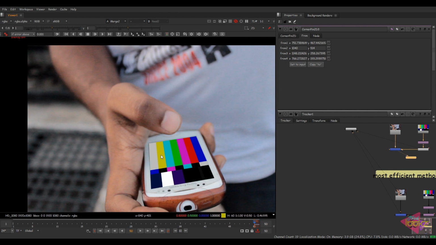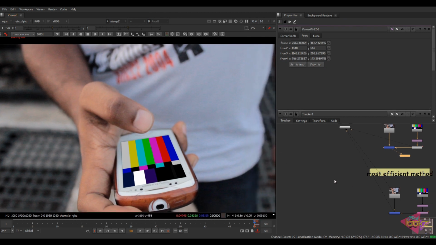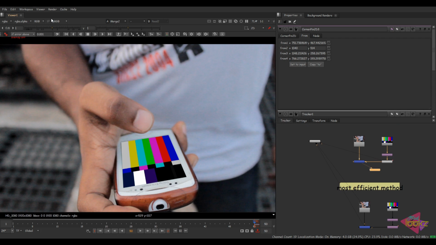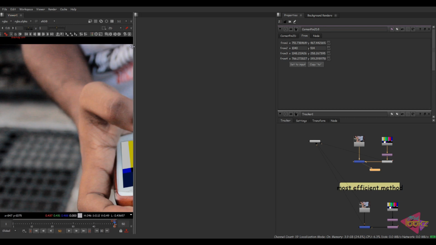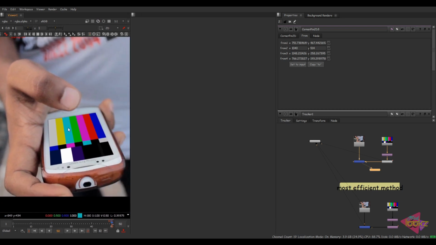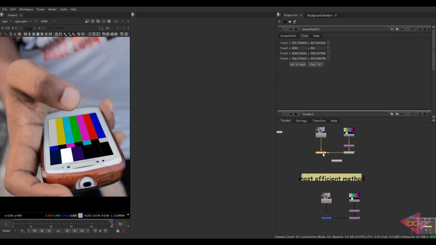Now we have the maximum larger viewer. I'm going to split here horizontally. I have split this pane horizontally, and now I'm going to add the second viewer. This is my corner pin window, and the second one should be my tracking window, so that you can watch the exact difference between both methods.